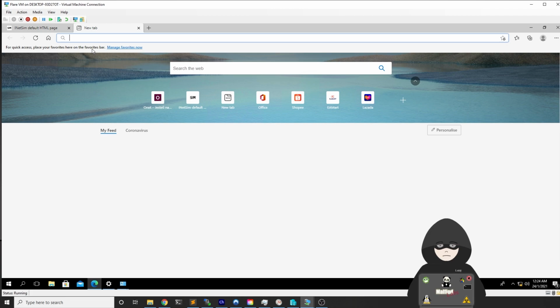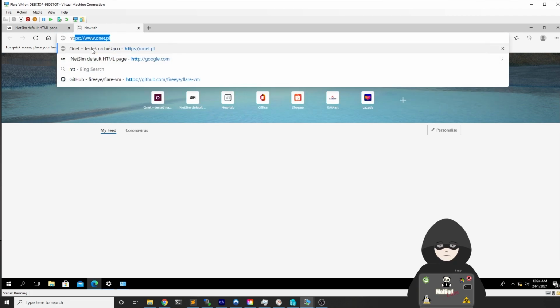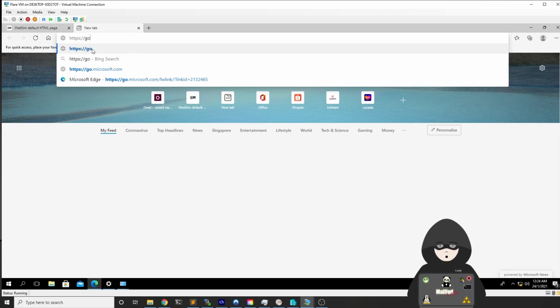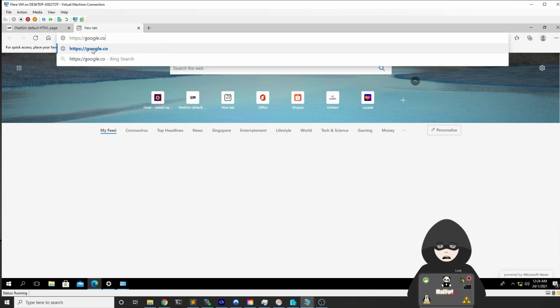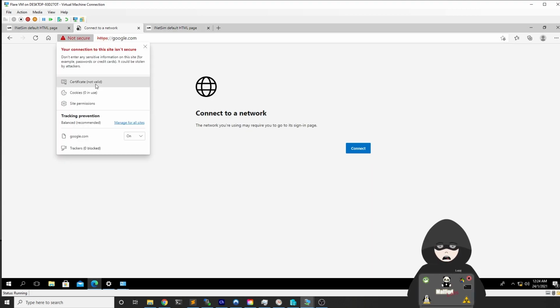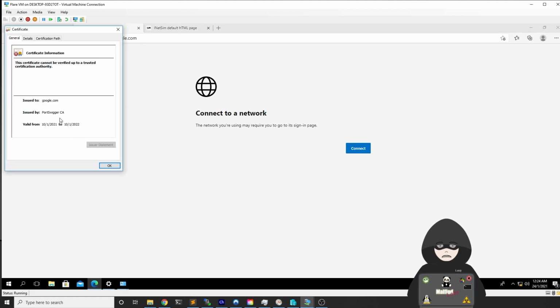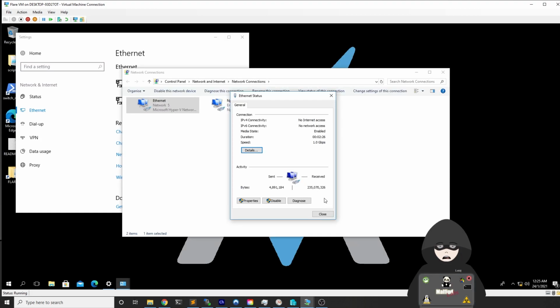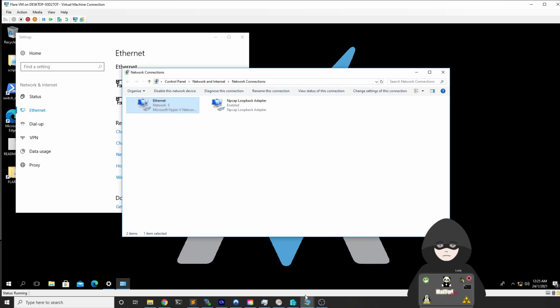One thing that's still problematic is doing HTTPS connections. So if we go to https://google.com, we get this strange thing. Basically the connection is not secure, the certificate is not valid because it's issued by PortSwigger. But we want to make it better, because not every malware will connect if the connection is not secure,